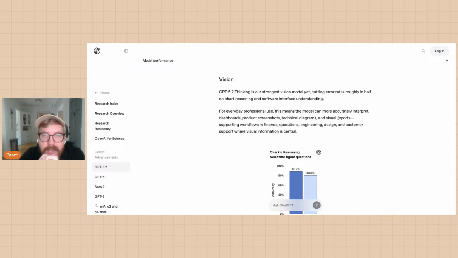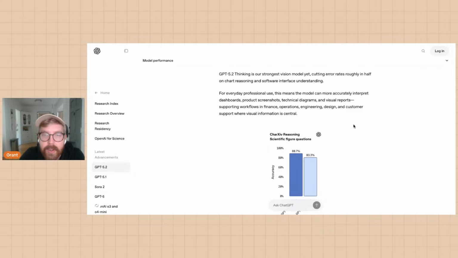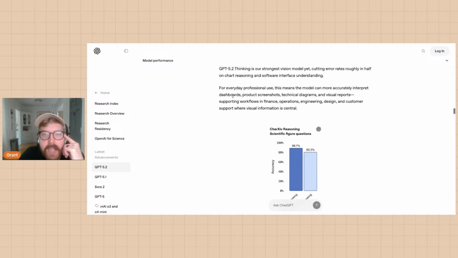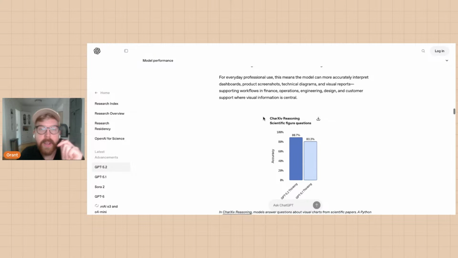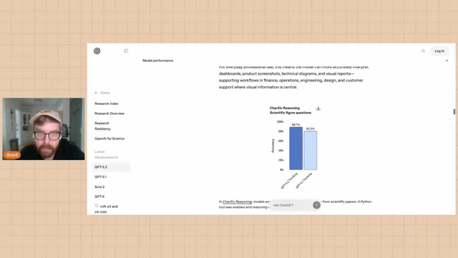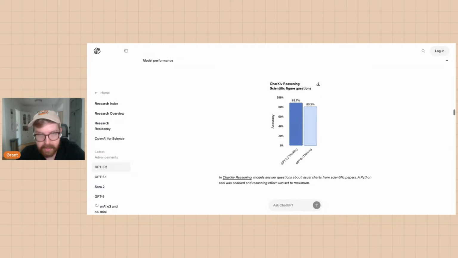Okay, vision. It's our strongest vision model yet. So this is referring to how well it interprets images, cutting error rates roughly in half on chart reasoning and software interface understanding. That's huge. For everyday professional use, this means the model can more accurately interpret dashboards, product screenshots, technical diagrams, and visual reports. Big, big, big.